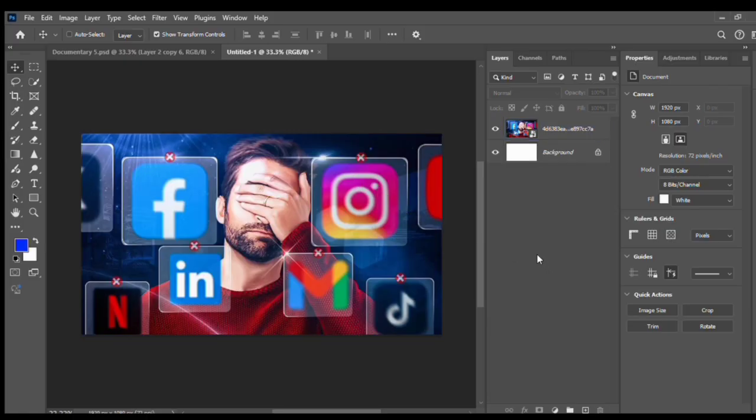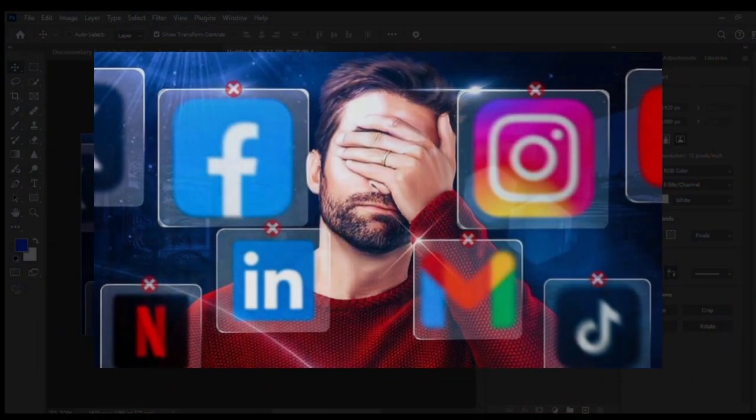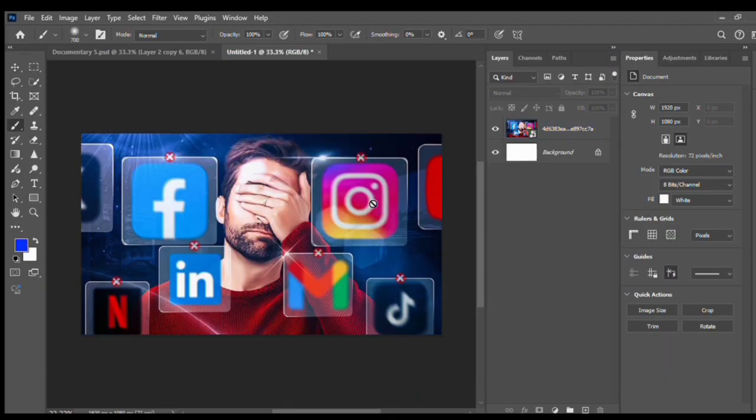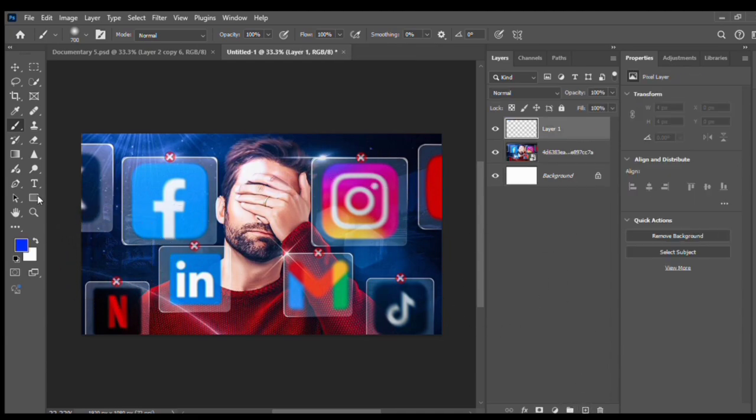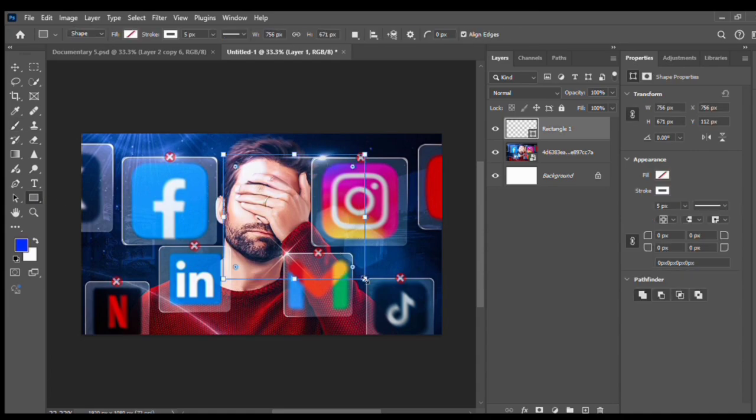Now we start with the easy one, and that is this glass effect. And to create this glass effect, let's start the process. So first of all, we have to create a rectangle. So we start with creating a rectangle with white stroke. And after creating this, you have to just remove its edges, and after removing its edge, you can just copy